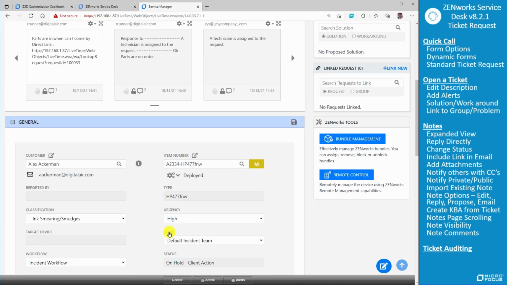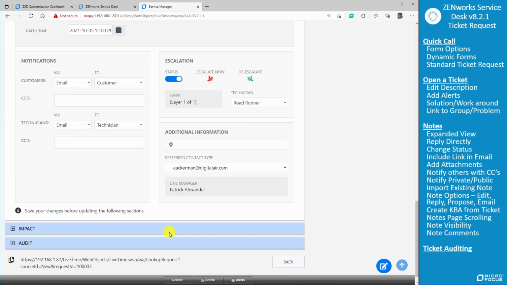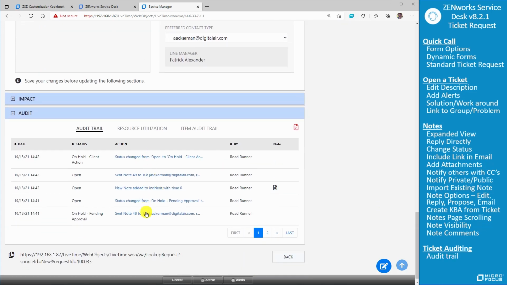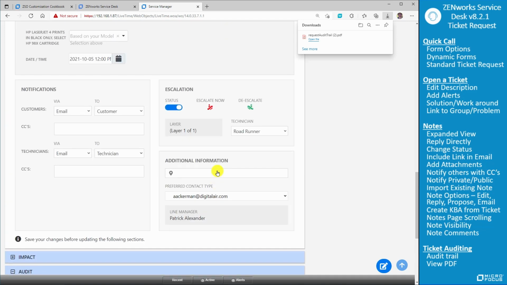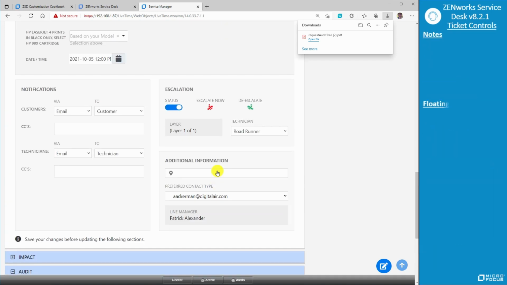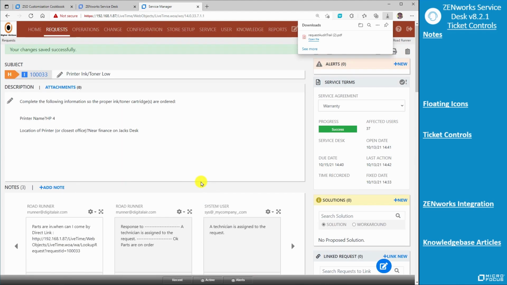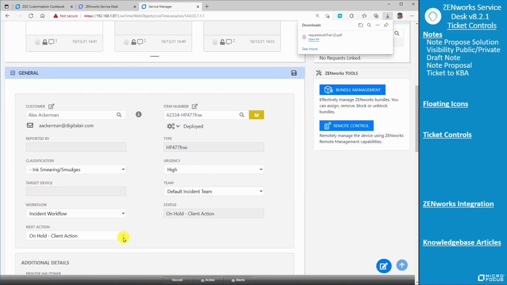Okay. And let's not forget about the bottom where there's an audit trail on all of this, right? Notes are being added. There's a couple of pages of notes. There's a PDF that you can grab in case you need it. All right, then we can see here that we have it assigned. We have all the detailed information. We're going to go ahead and actually propose this one to be